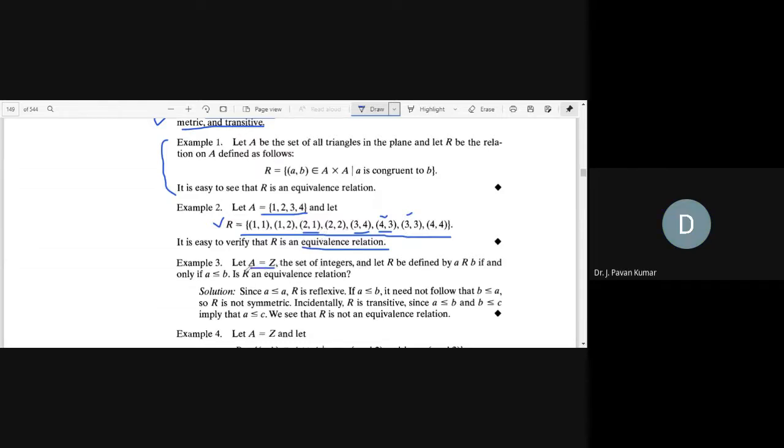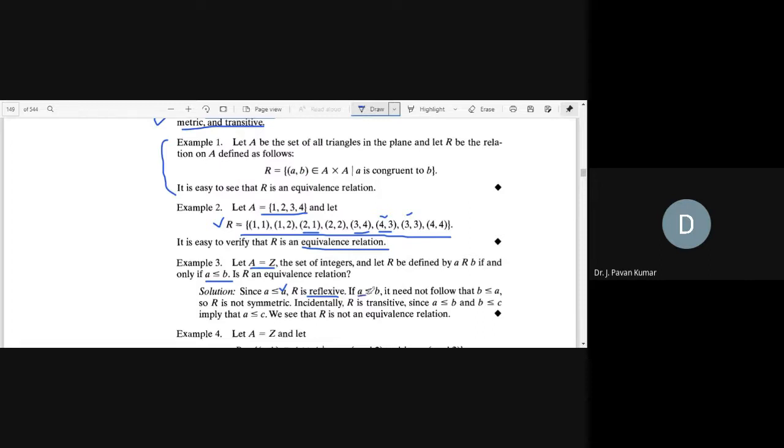A is Z, that is, the set of integers, and the relation is defined as less than or equal to. A is related to b if A is less than or equal to b. Now, can we consider it as reflexive? Whether you consider A as 1, 2, 3, 4, any number, then we will have A less than or equal to A, that will be satisfied. So it is reflexive. Next, consider